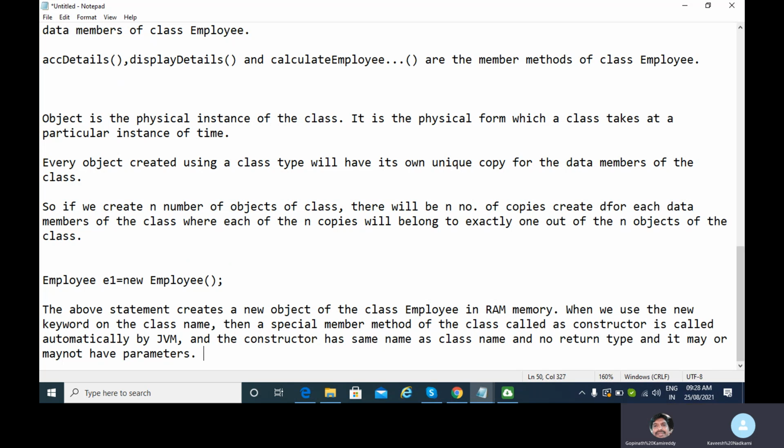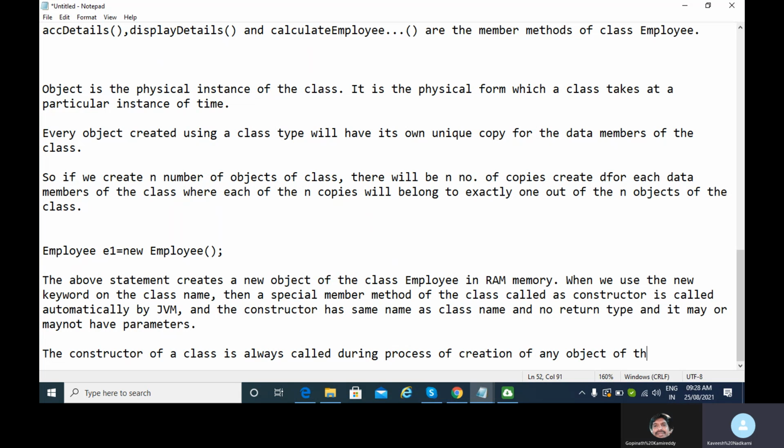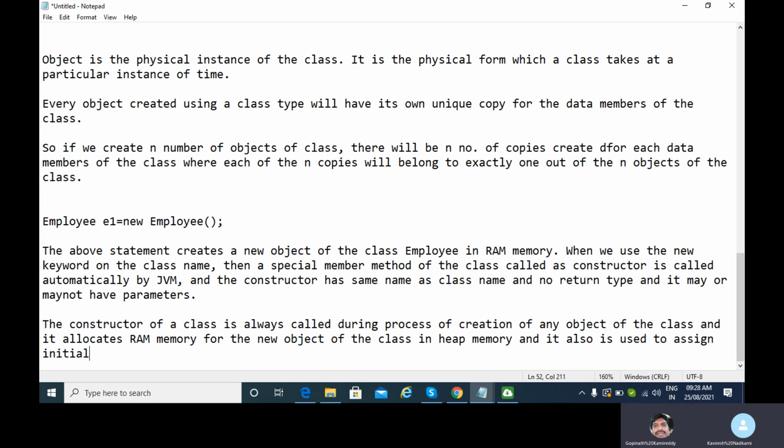A constructor of a class is always called during the process of creation of any object of the class, and it allocates the RAM memory for the new object of the class in the heap memory, and it also is used to assign initial values to the data members of the object of the class.